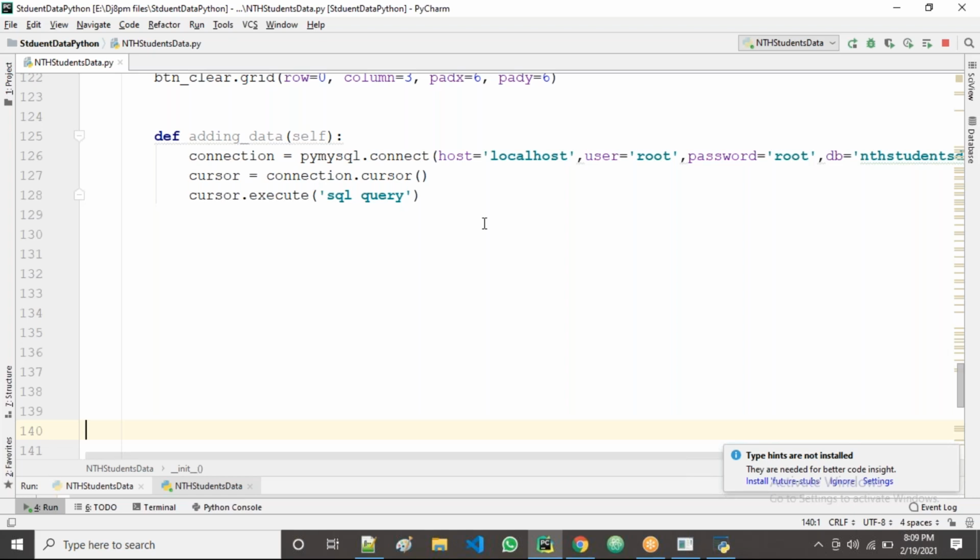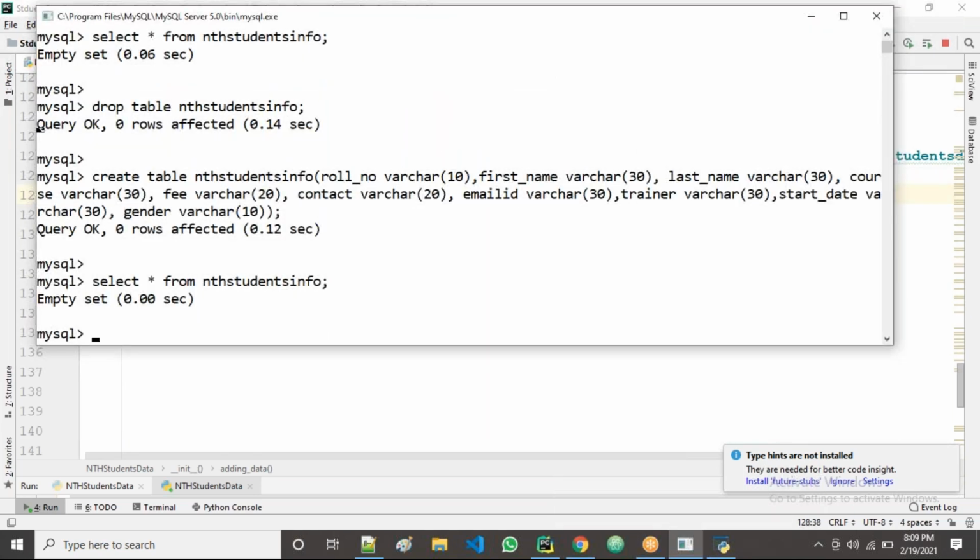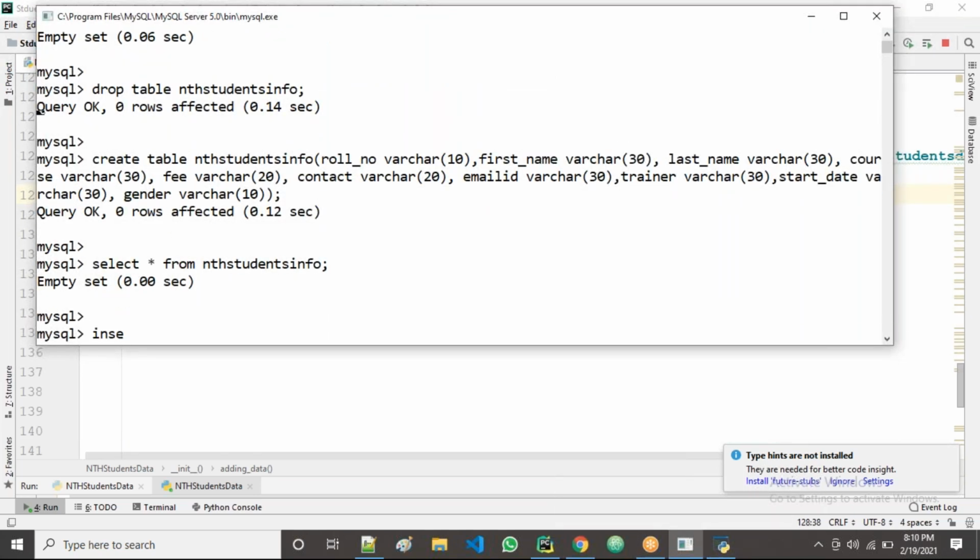Now all of you observe. I am going to add the SQL query now. Generally, guys, what is the syntax? Just observe, I'm not writing. Observe here: insert into, we take the table name, right? NTH students info. Then